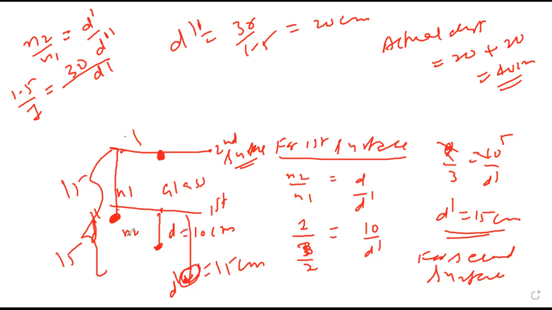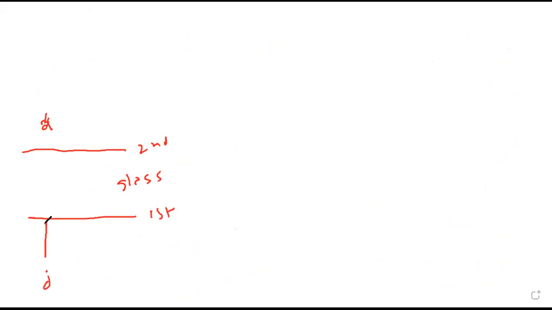फिर से एक बार देख लो. Once again see, this time we don't have only one separating surface, we have got two separating surface. First, second, this is glass. Here we have kept eye from where we are seeing the object. Object is at O, distance 10 centimeter from the first surface. This is 15 centimeter. I is at 20 centimeter from second. So finally, this is going to see the final image.